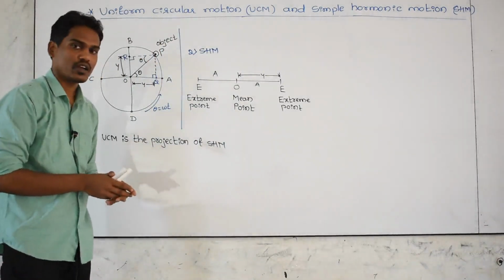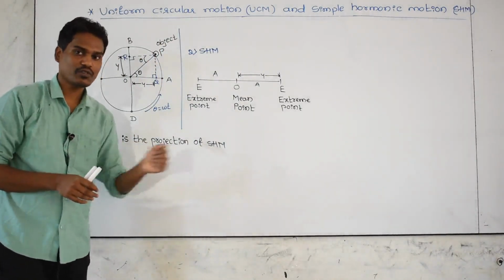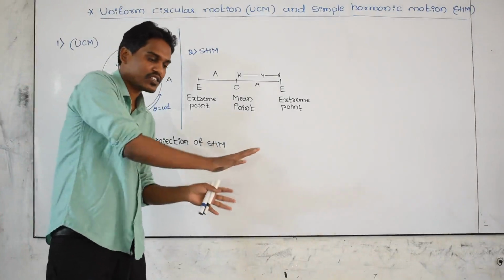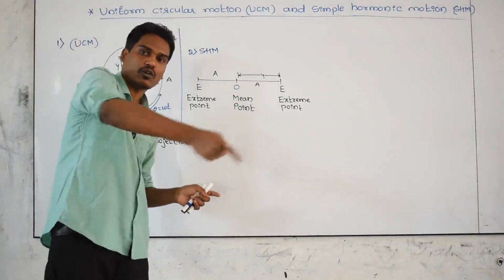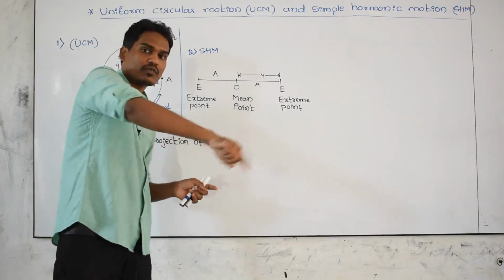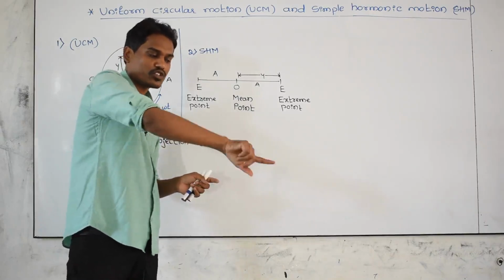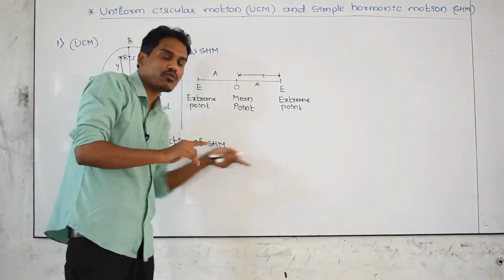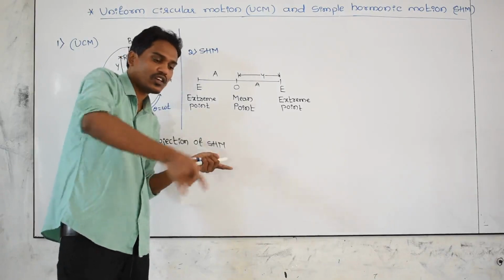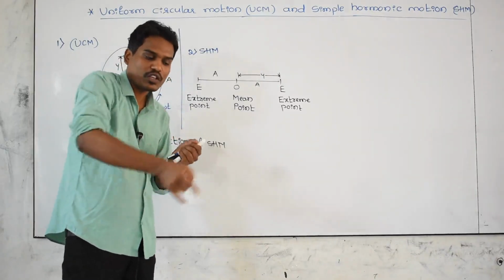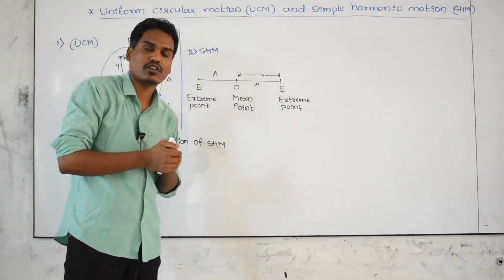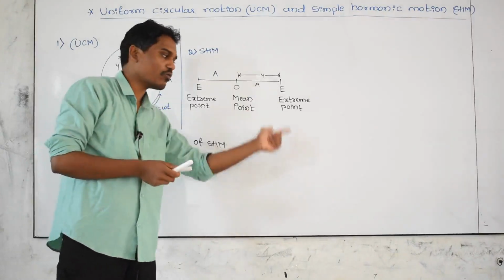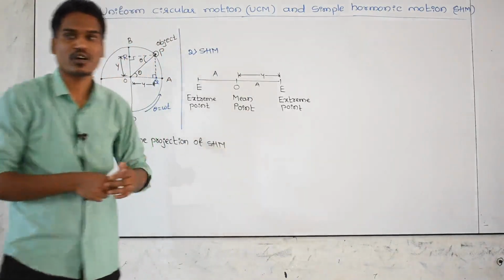And if you want to observe this, see the video. Now here the video is there. On the circular plate, the white ball is rotating. The rotation of that white ball is called a uniform circular motion, but on the wall you see it looking like a straight path. That straight path on the wall is called a simple harmonic motion, but on that plate, the motion of that white ball is called a uniform circular motion. The ball's motion is uniform circular, but on the wall it looks like a straight motion. Just now you observed this.